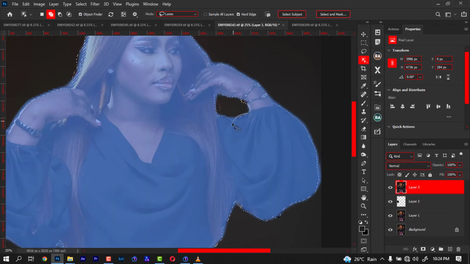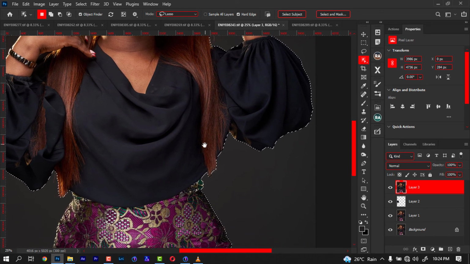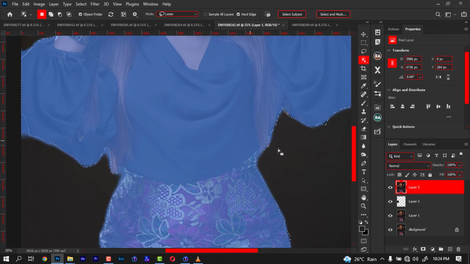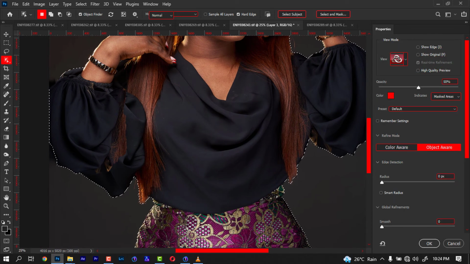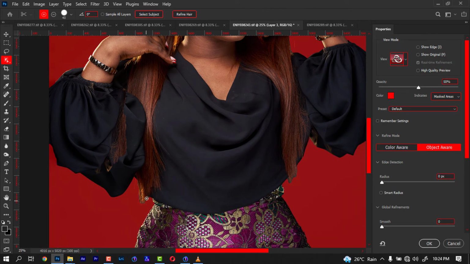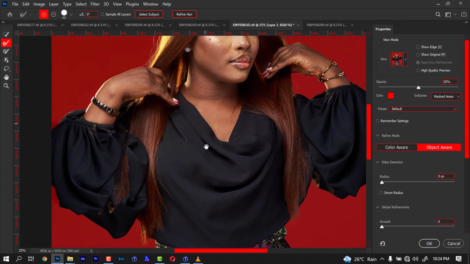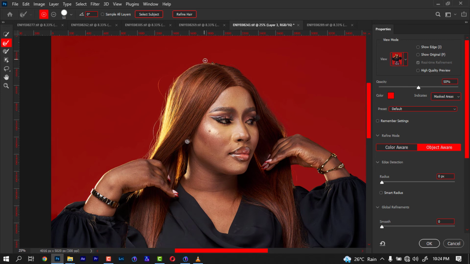But for this particular video, I'm just trying to see how I can fix that area that has been chopped off. So for this remaining part, I'm going to use the quick mask and select and mask option. I'm just going to clean this part. So I would also do a little for the hair, because as much as I want the